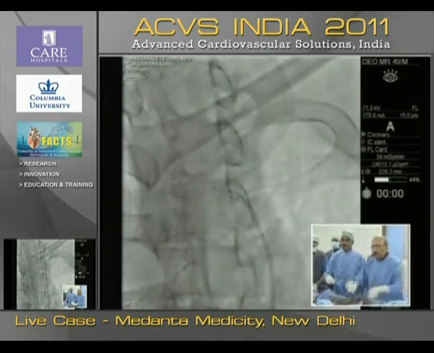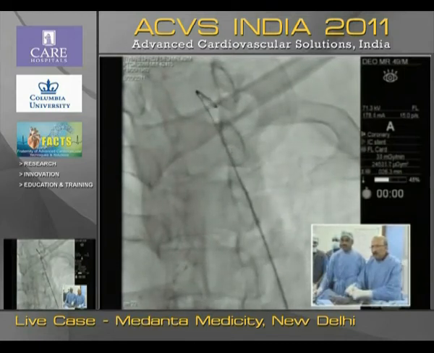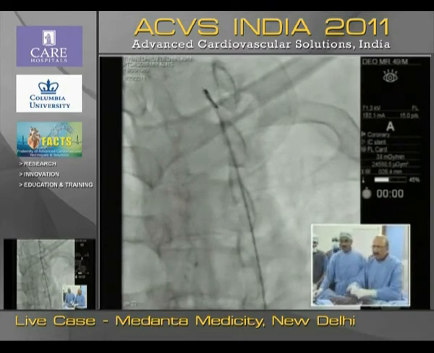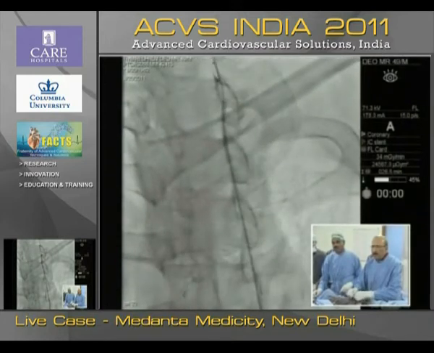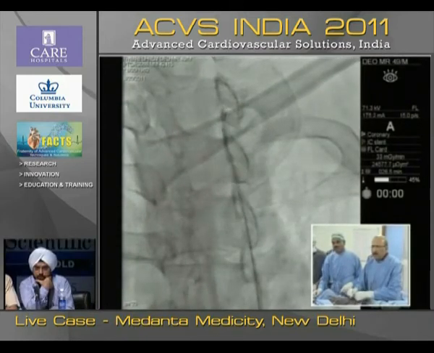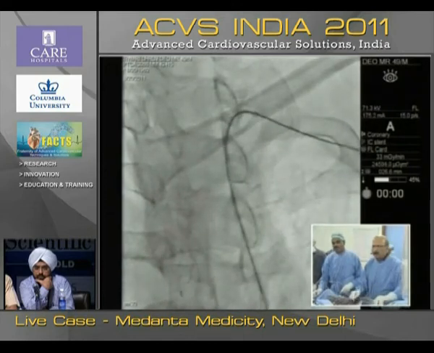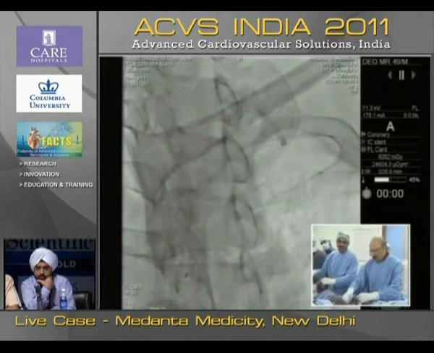Dr. Chandra, are you planning to stage the procedure or totally abandon it? I think we'll think about it, but most likely we will abandon this because of the way it was responding; I am not quite happy with this. The important issue is which territory. Repeat the thallium scan, or do a dobutamine stress echo and see how it behaves.